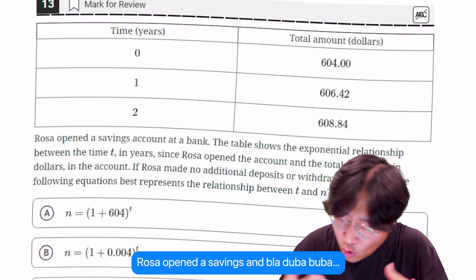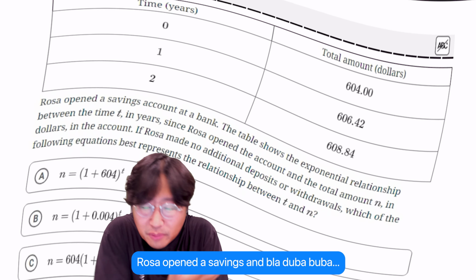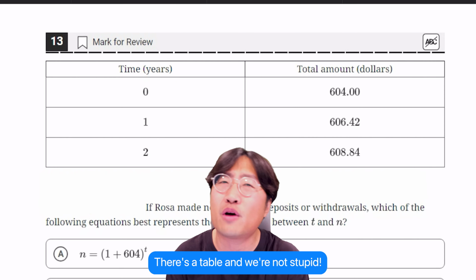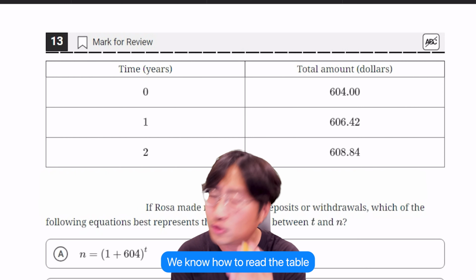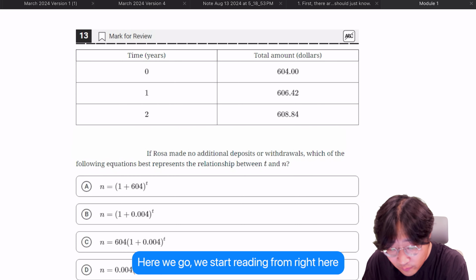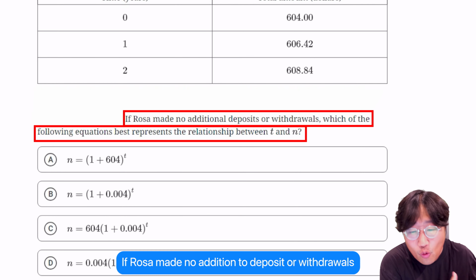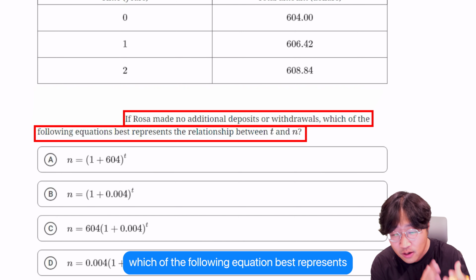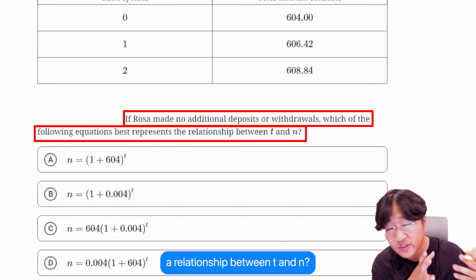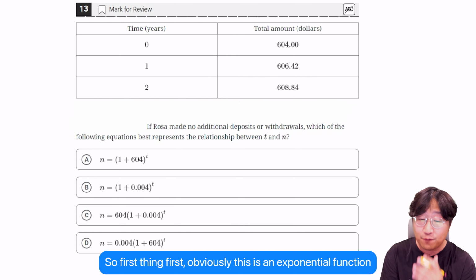Number 13: Rosa opened a savings account. There's a table and we're not stupid, we know how to read the table. Here we go, we start reading from right here. If Rosa made no additional deposits or withdrawals, which of the following equations best represents the relationship between T and N? So first things first,